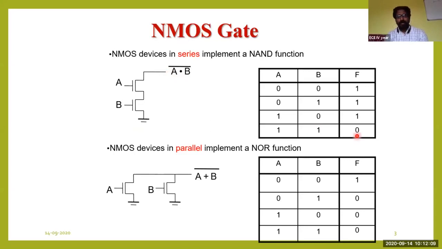So this is how this NAND gate works. And the next one, if you see this one, the NMOS devices. For the NMOS devices, here both the devices are in parallel for NOR operation. If these two transistors are connected in parallel, it means they will act as a NOR gate, and this one, since they are connected in series, will act as a NAND gate.